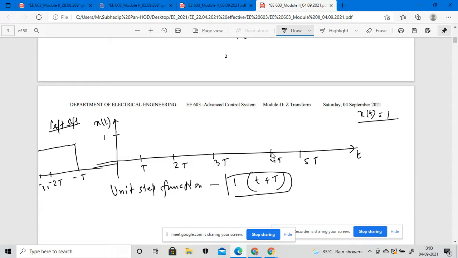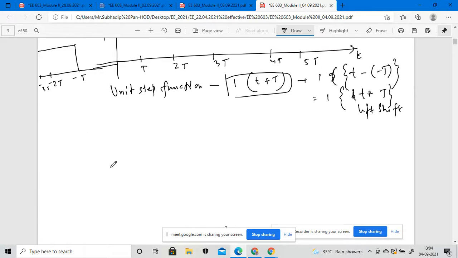Okay, so that means it will come like this. If I consider these things, how could this come? t minus of minus t, right? So it should come as 1 at t plus t in case of a left shift, right? Again, suppose it comes from 3t,